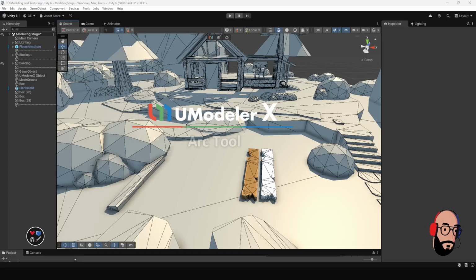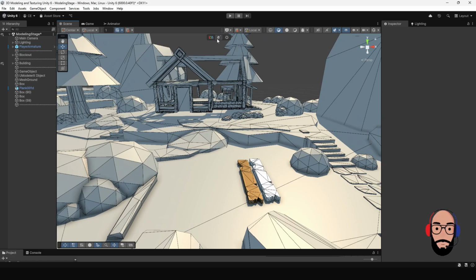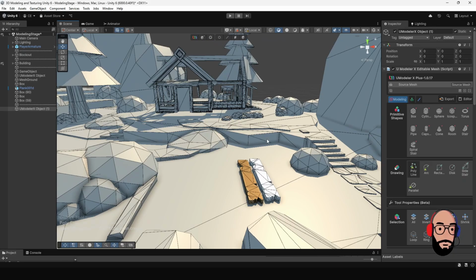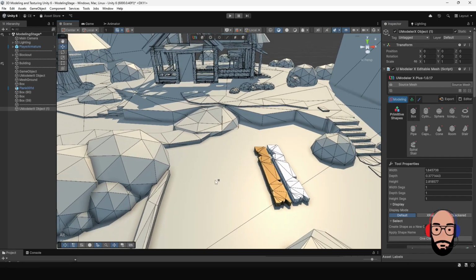In this video, we're going to take a look at how to use the arc tool. All right, so to demonstrate the arc tool, let's go ahead and create a cube. So I'm going to select our primitive shape box here, and I'll create a